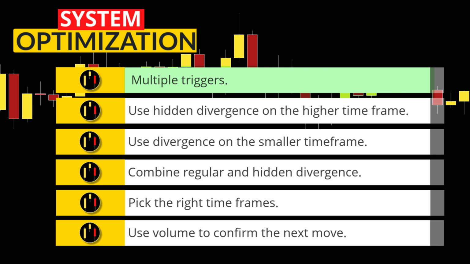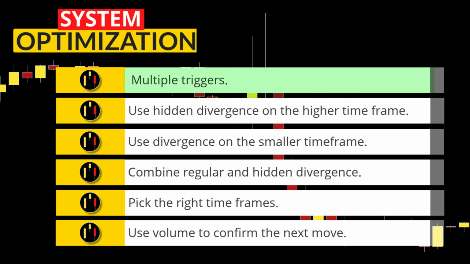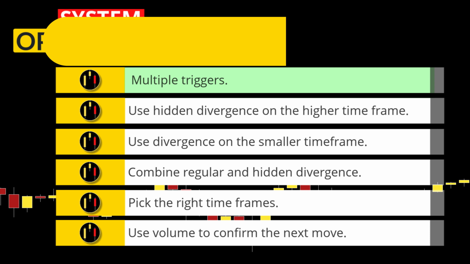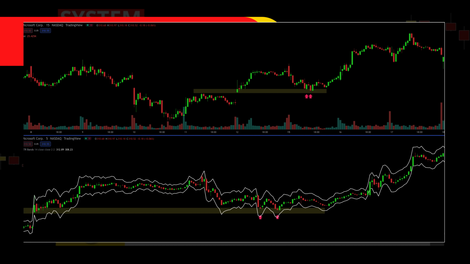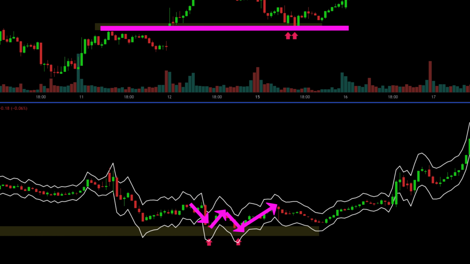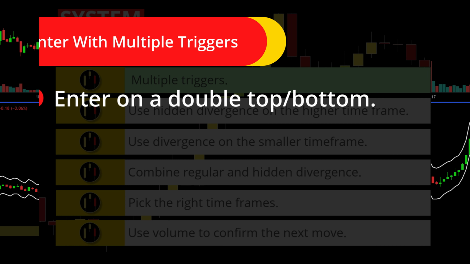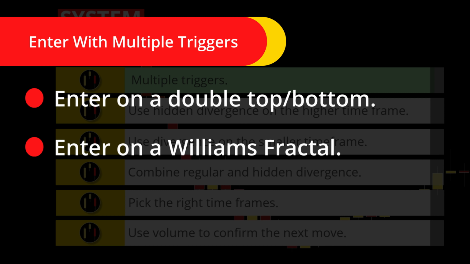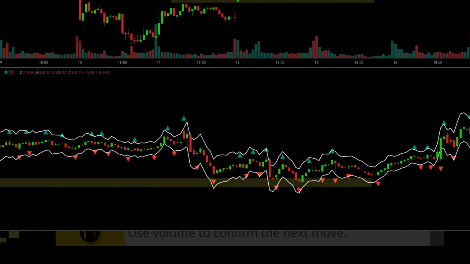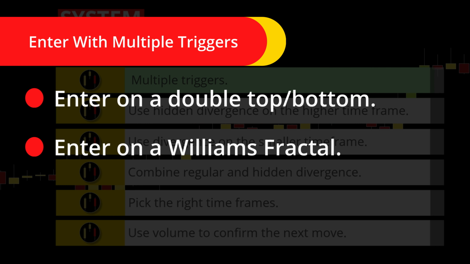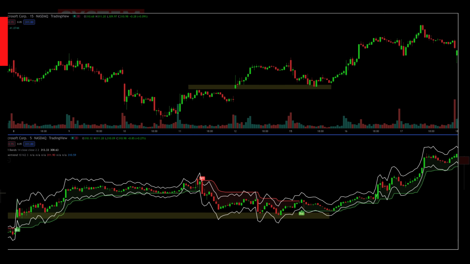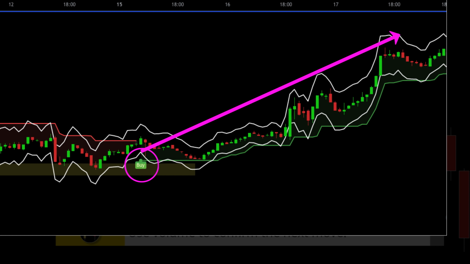First, there are different ways to enter the market. The way that I tested this is really the most basic. What Steven mentions in the original video is to enter on a double top or double bottom. On this chart, we can see the bounce off support, and then we would enter on the second bounce off of that support level, which would be considered a double bottom. Another way to enter on the lower time frame is to use Williams fractals, which adds another element of price action into the system. And yet another, and perhaps a more trendy way to enter, would be to wait for the super trend to confirm the trend change on the lower time frame.